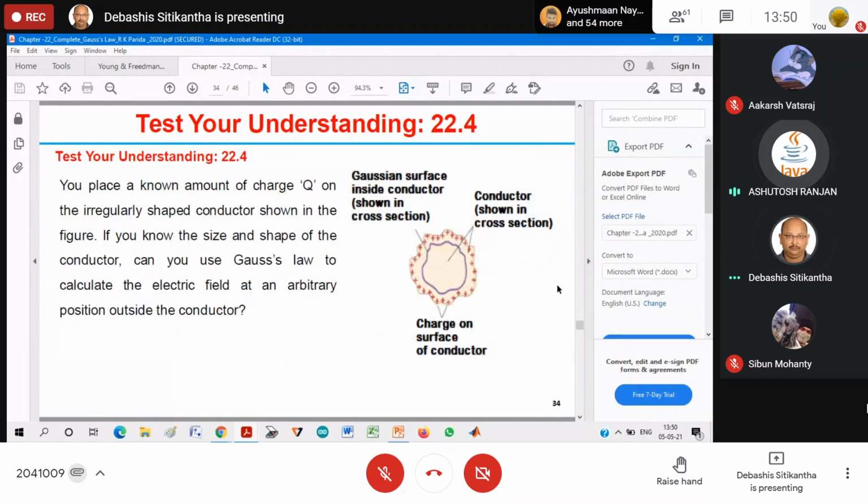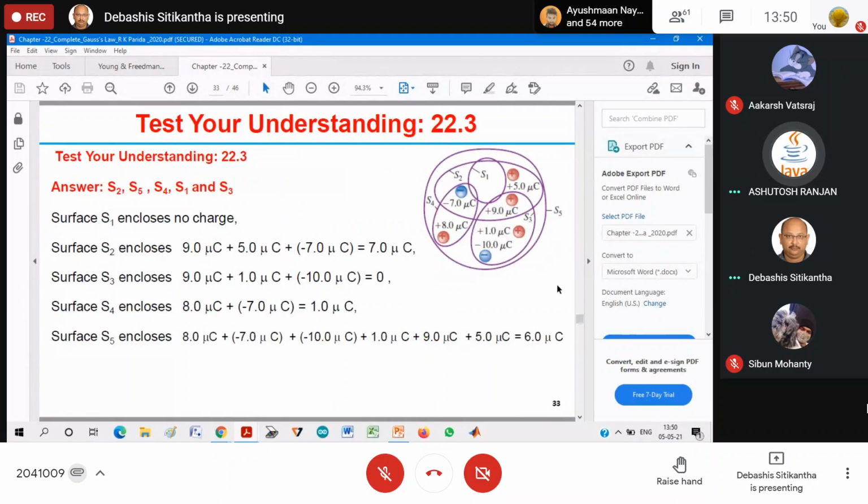Sir, can we rank electric field in this question? You want the electric field? No, you cannot do it. Why can you not do it? Just tell me. Sir, due to surfaces. No, no, this is a surface charge. Obviously, you can find the electric field by application of Gauss law for a surface charge. Why you cannot do that, you will understand if you solve the third question.